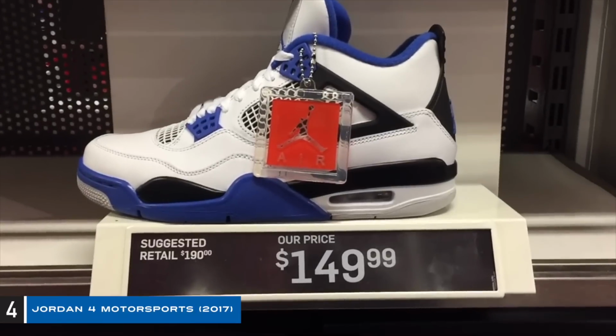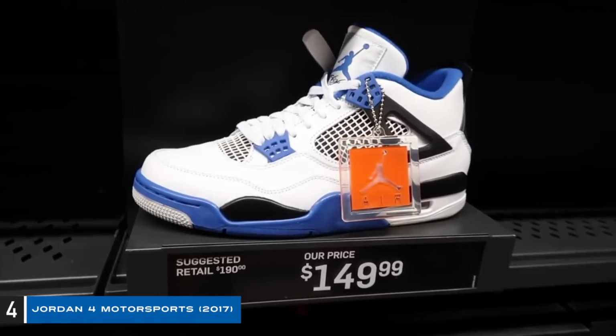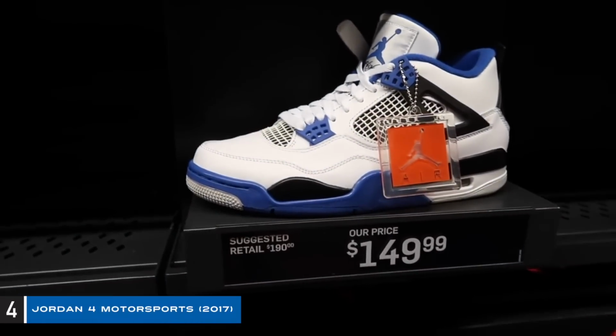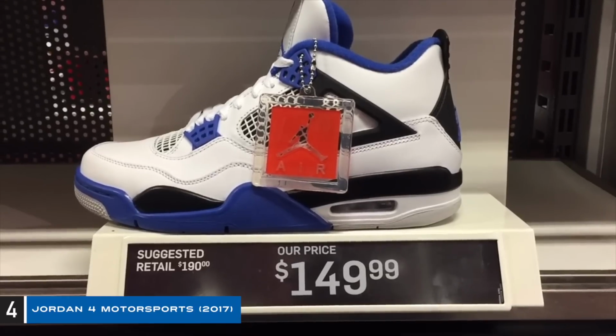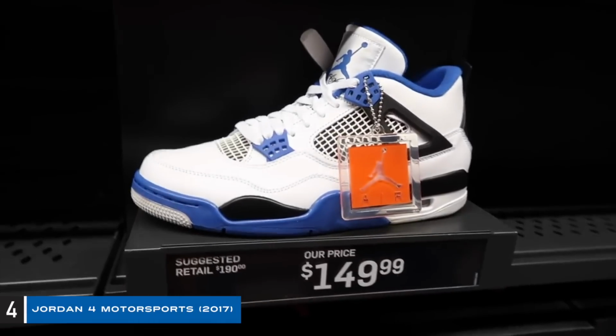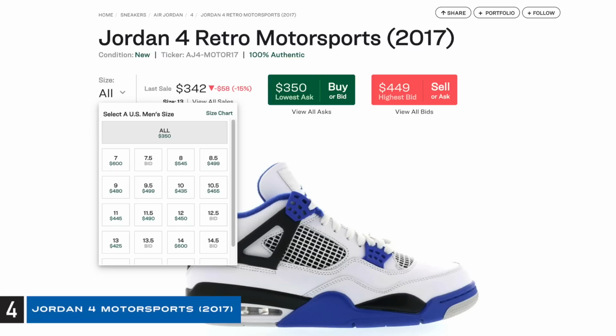Whether that was the case or not, these shoes were sitting down to $150, not only at my Nike outlet in El Paso, Texas, but me and the Hustle Bee going to Out Hustled, going to DC and other Nike outlets, they had them sitting as well. Now I get it, it's been several years, but you know that if this shoe released in 2021, they would fly off the shelves. Now currently the lowest ask range from $445 to almost $500, the highest being at $600